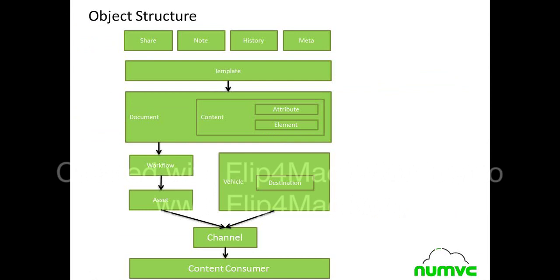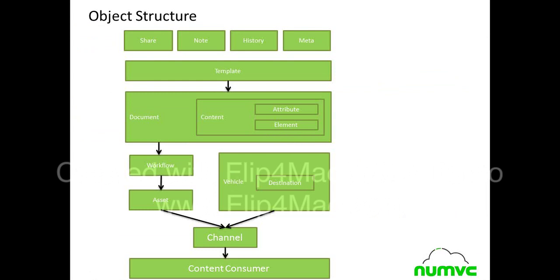The base object for content is a template. A template is created by a content manager and defines how content and documents are created. It is essentially the content governance feature in nuMVC. From these templates, content and documents are created. A document is a collection of content. Content is a collection of elements. And an element is simply multimedia, text, or HTML. Documents are then created